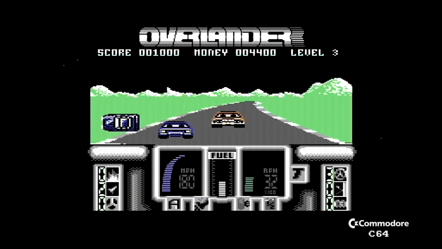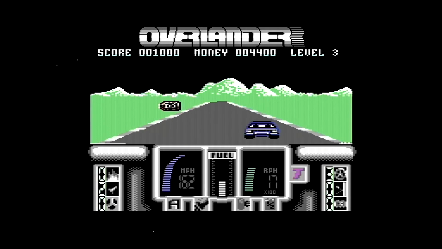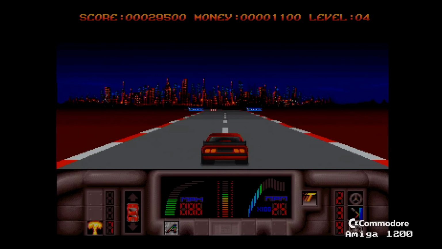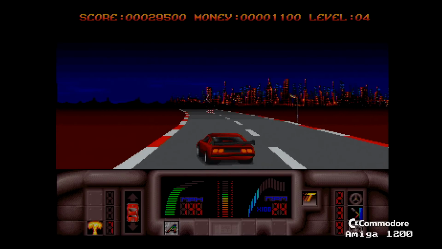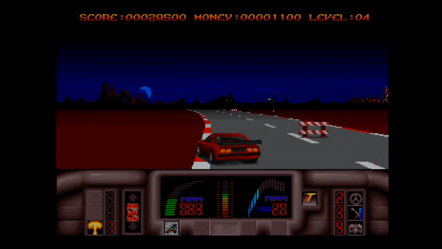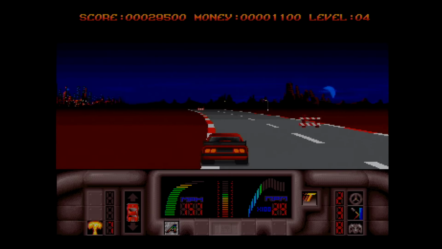C64, and this must be, I don't know, Thunder level. It's level 3, and yeah. So I go on to level 4 on the Amiga. What's this one called? Night level? Don't know, anyway. So this is how to do a Twilight level. Like, I know the Amiga's got the graphics, but...